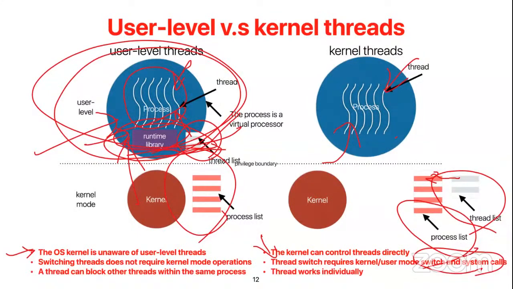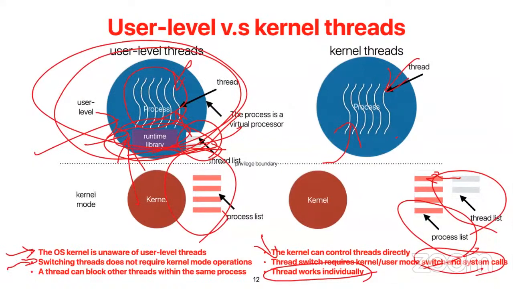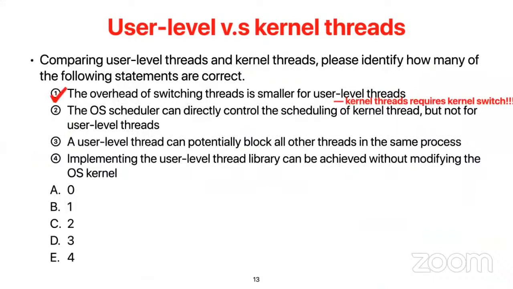However, for user level threads, switching the process requires the kernel. But once your process is scheduled, which thread gets to run depends completely on the user level library, and your kernel doesn't get involved. On the other hand, if a thread is currently blocking the whole progress of the process, unless the operating system kernel is aware of that, there's no way to resolve that situation. So both of them have their pros and cons. And for this question, the answer is that all of them are true.